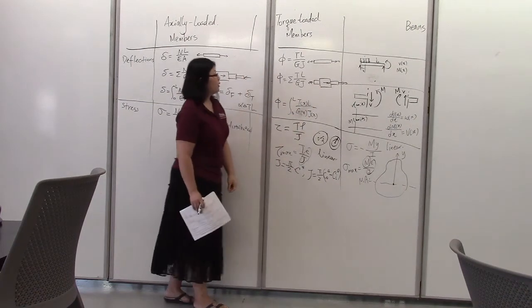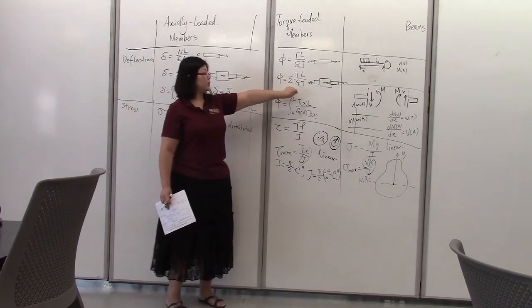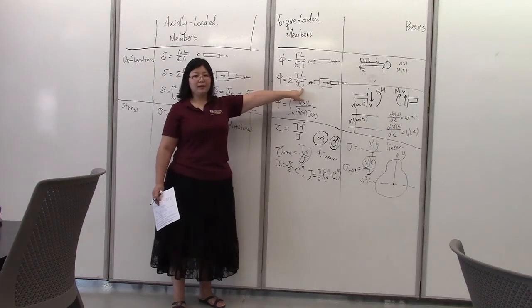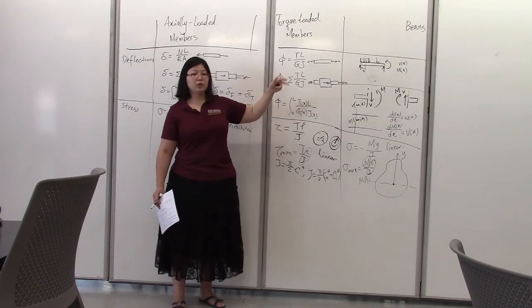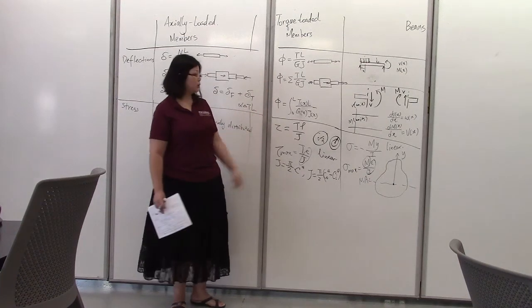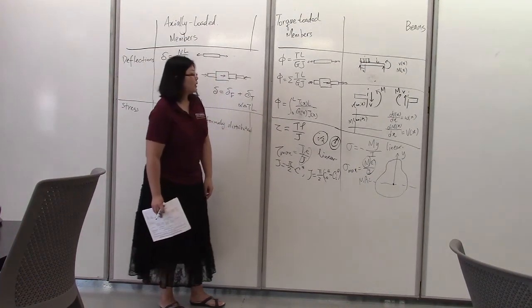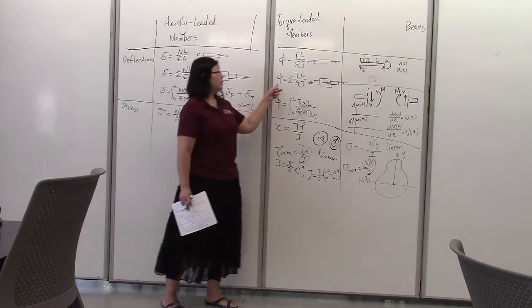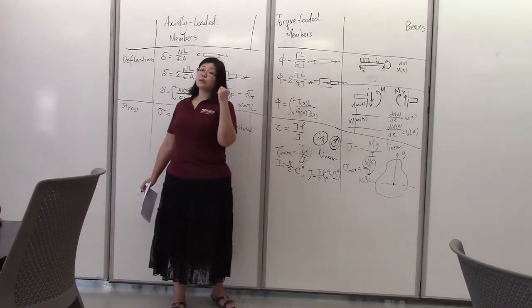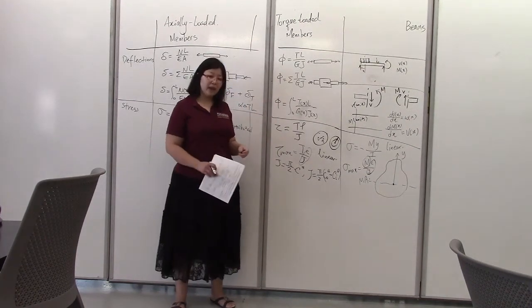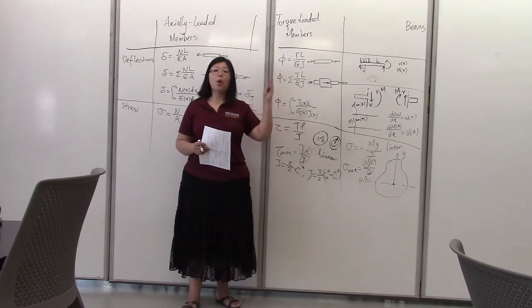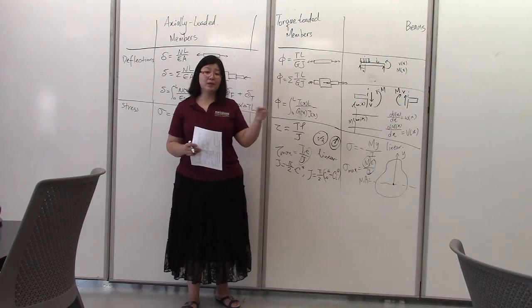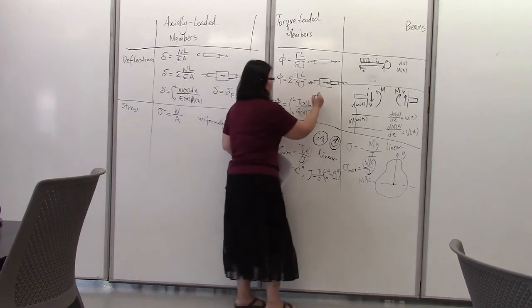Okay. So when you use this, you need to be a little careful with J. Again, it's calculated differently for a solid cross-section versus a hollow cross-section, a tube. And another thing that I want to point out is that when you want to find the absolute rotation of an end, then you always refer everything back to a wall, say, or any point that has 0 rotation. So, for example,